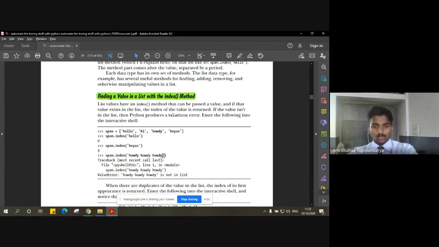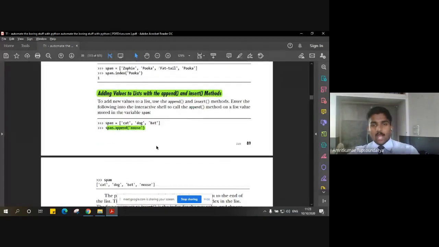So it will try to search this whole thing in the list, but since this whole thing is not there in the list, it will show you the error that it is not in the list. We have only a single value of howdy and not the three repeated values. So this is the care that you have to take.